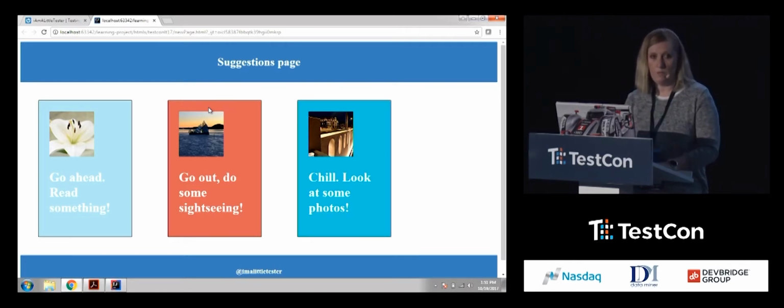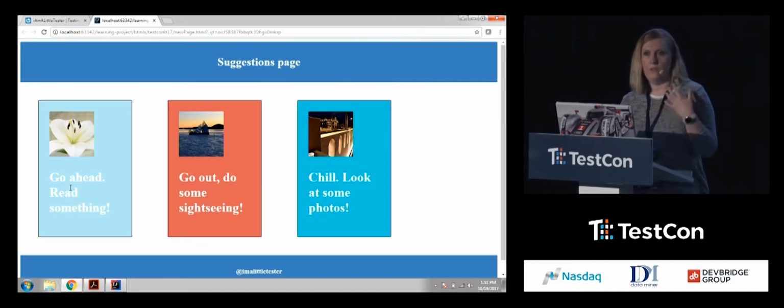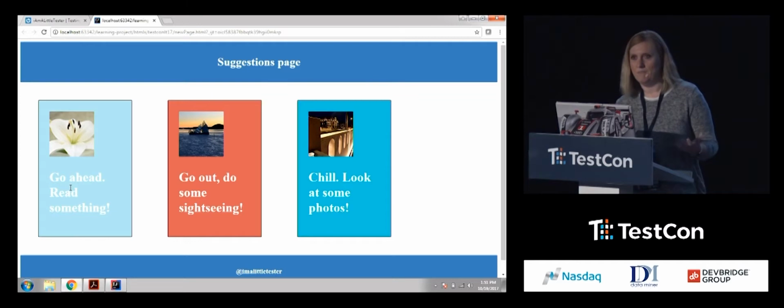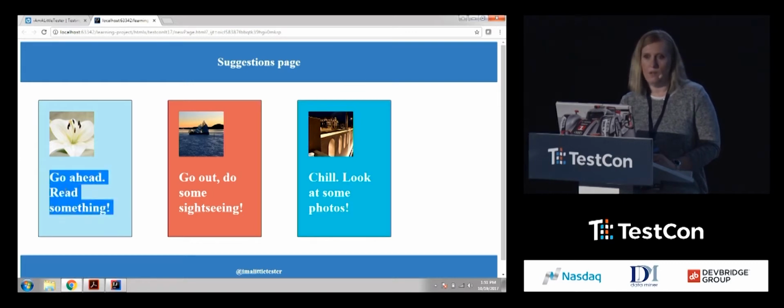Each of them has an image, and each of them has a text. Now, if we're thinking in Java, what is a text? The representation in Java for a text is nothing more than a string. So I can actually compare this text here with a string that I know its value for, right? So when I'm writing my tests, I know that this string is the one that I'm supposed to see on the page. But when it comes to the image, I don't have such a representation in Java,